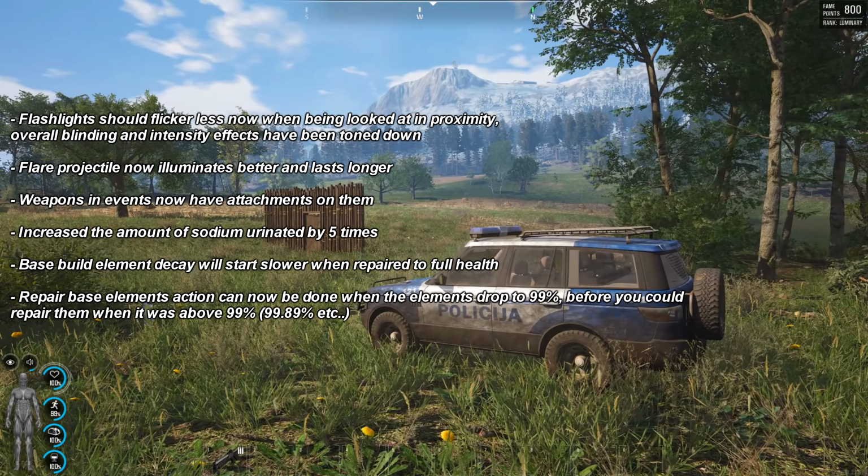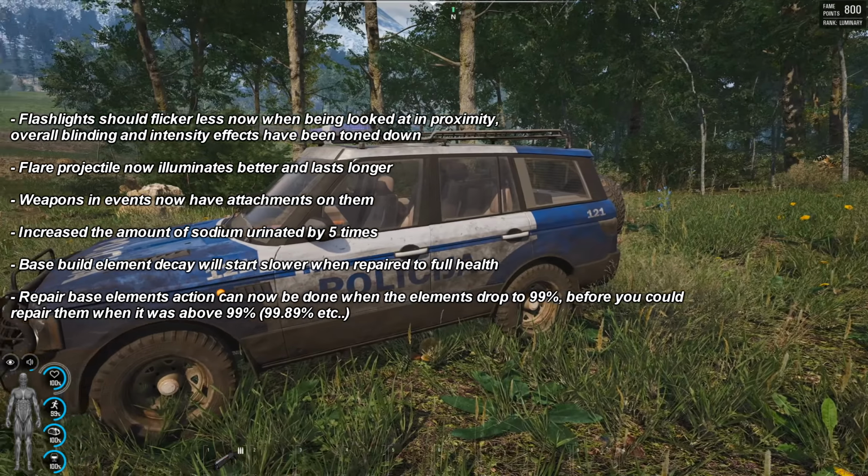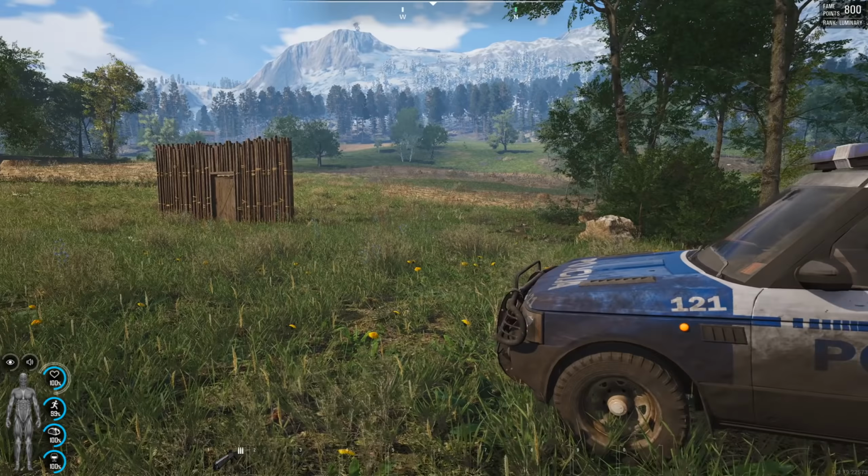You know, it would be really cool to see some other vehicles in the game as well. We've only got the SUV, the pickup, and the quad bike at the moment currently. And there were talks about a bike and a motorcycle as well. Maybe even